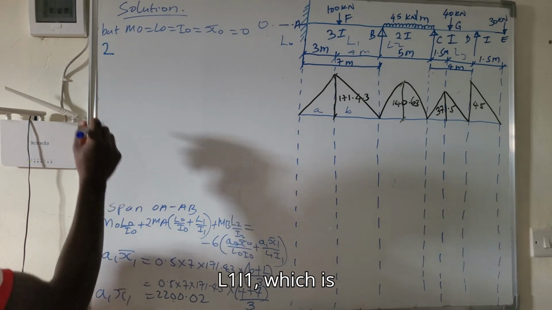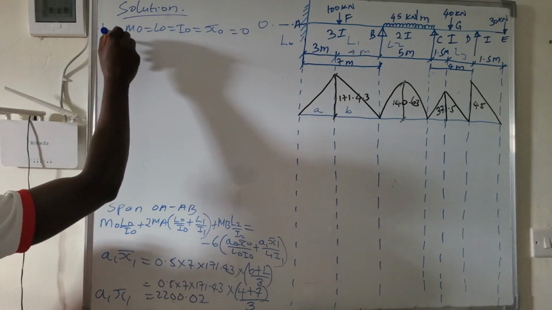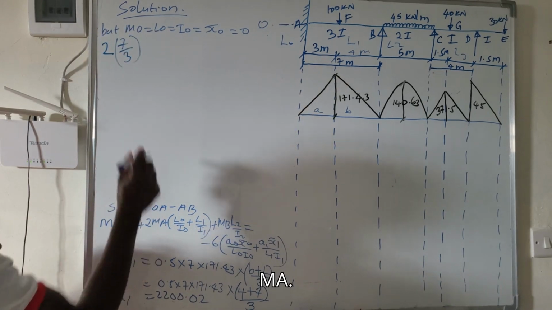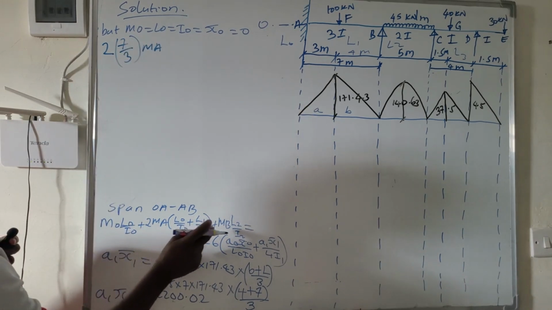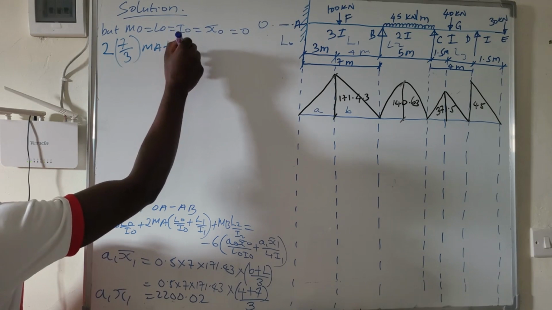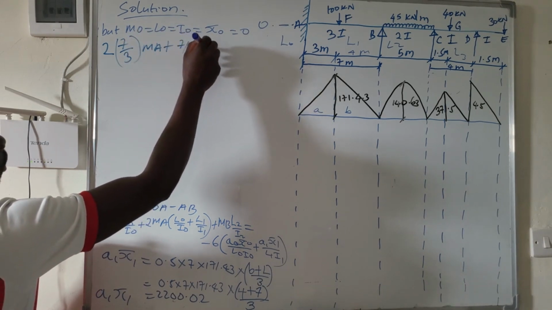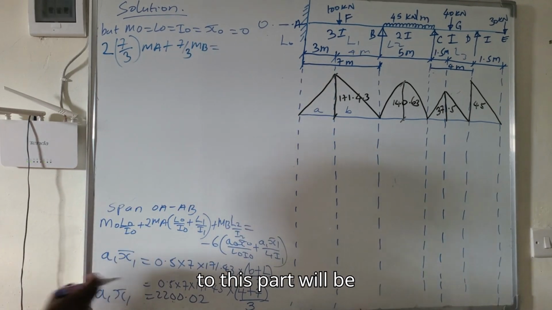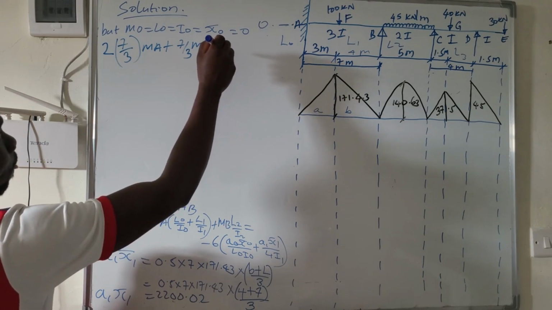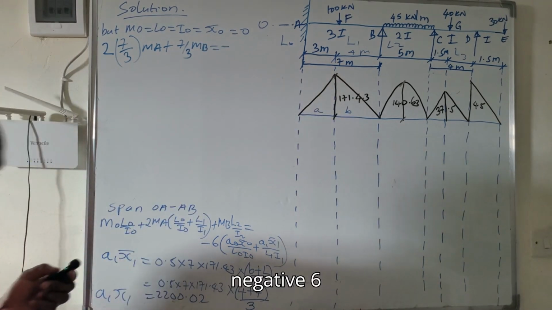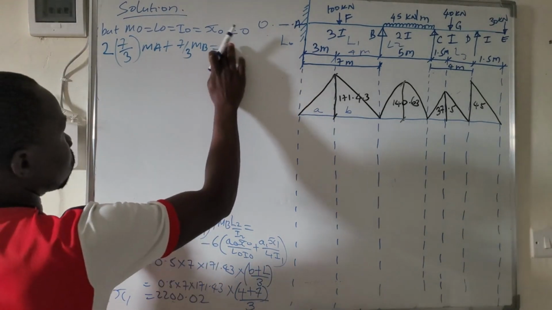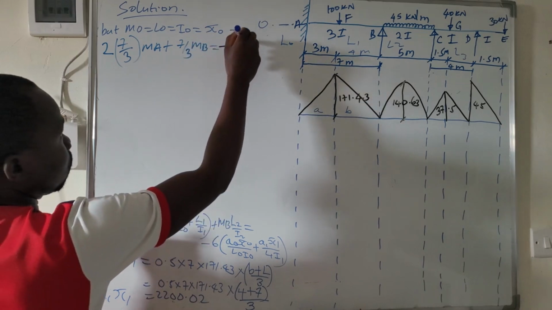So we will have L1, I1, which is L1 is 7 over 3 MA plus L2, I2, that is 7 over 3, and B should be equal to, this part will be 0 because 0 times 0 is 0. So we have negative 6 into bracket